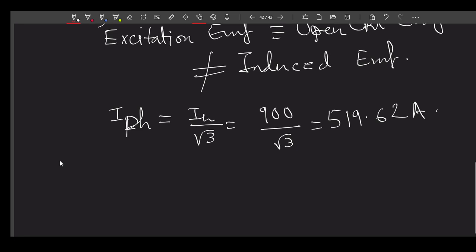Now here things are very simple. First you need to calculate